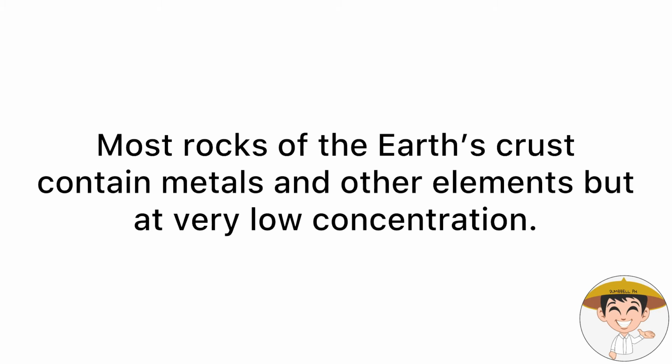Now, mineral deposits. Okay? Most rocks of the Earth's crust contain metals and other elements but at very low concentrations. For example, the average concentration of gold in rocks of the Earth's crust is about 0.005 ppm, or parts per million. Again, ppm is parts per million, which is roughly 5 grams of gold in every 1,000 tons of rock. Right? That's, again,